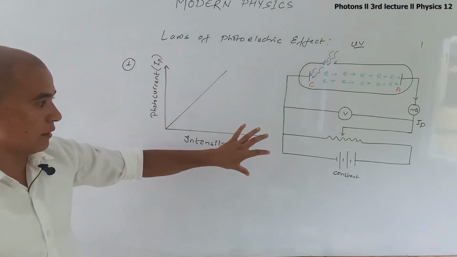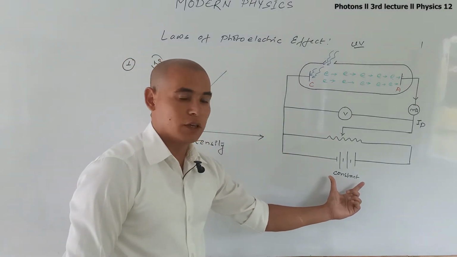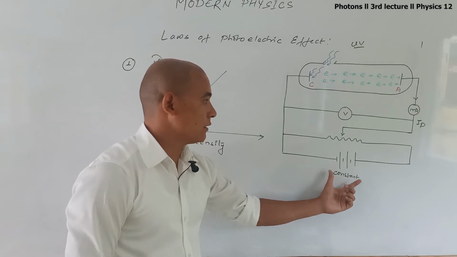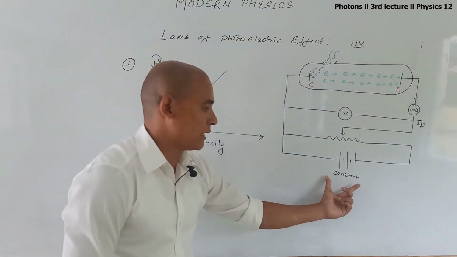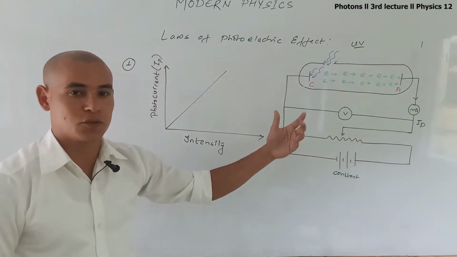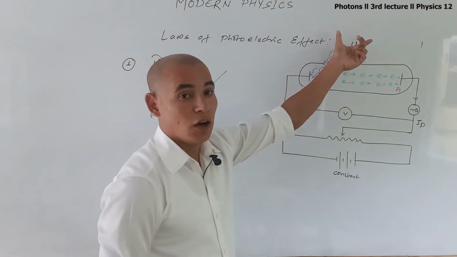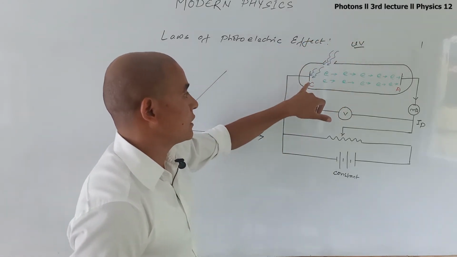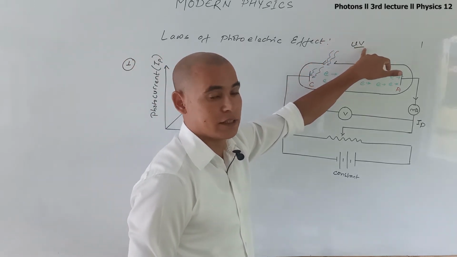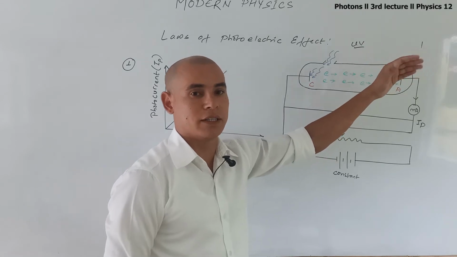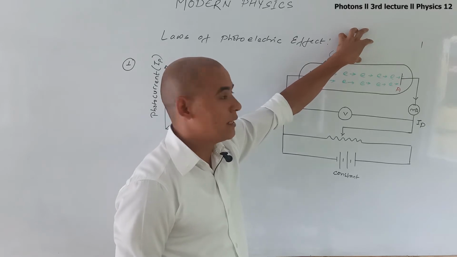So I have just drawn this graph. Keeping the voltage across the cathode and anode constant, we have to keep the potential across cathode and anode constant, as I have already written. We can take 2 volt, 4 volt, 6 volt, but constant voltage. And a monochromatic radiation is allowed to be incident on the metal surface. For example, let us assume monochromatic ultraviolet rays: all the ultraviolet rays have the same wavelength and frequency, so this can be considered a monochromatic radiation.